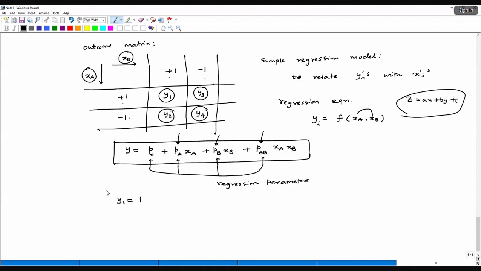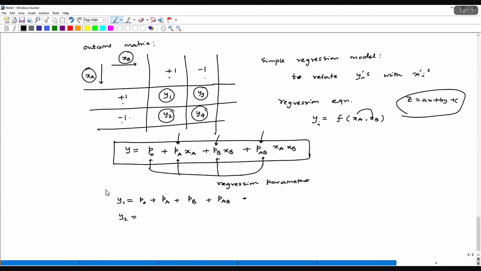equal to p naught. So for y1, xa is 1 and xb is 1. So plus pa plus pb, and pab is multiplication of xa into xb. So that is 1 into 1 is 1. So pab into 1. That is your equation 1. Okay. Y2